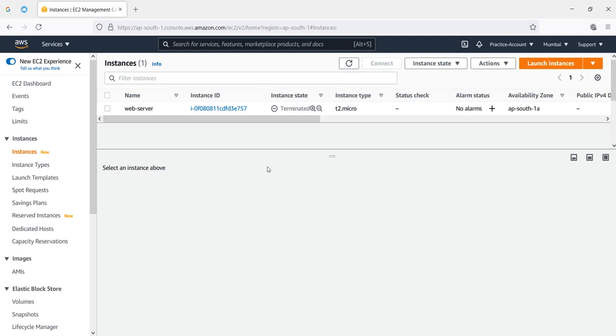So in this way we can start, stop and terminate our instance, the AWS machine, and we can perform these operations in various ways. In the previous session we have seen how to get the instance ID. First of all, you can get your instance ID dynamically, and then you can perform this operation, or whatever your requirement is, you can perform these operations accordingly.